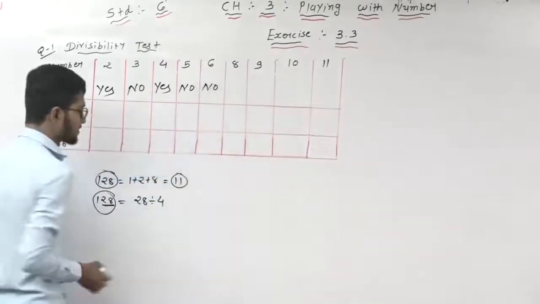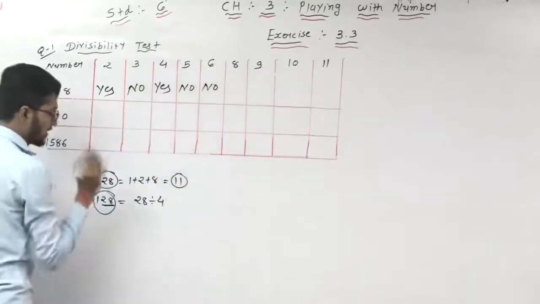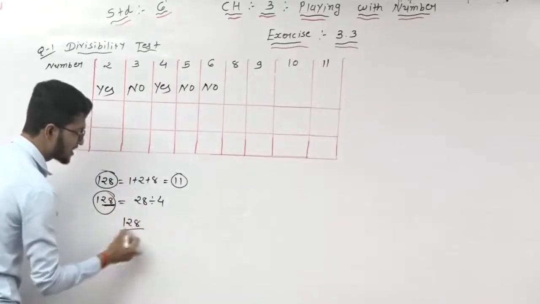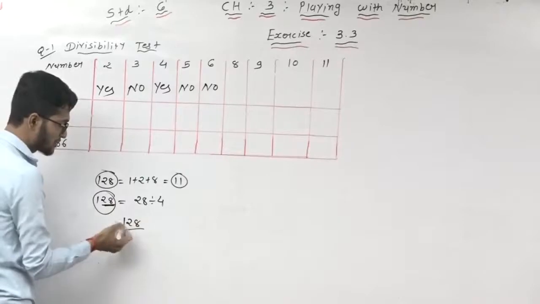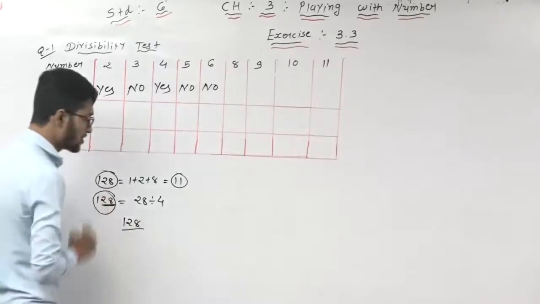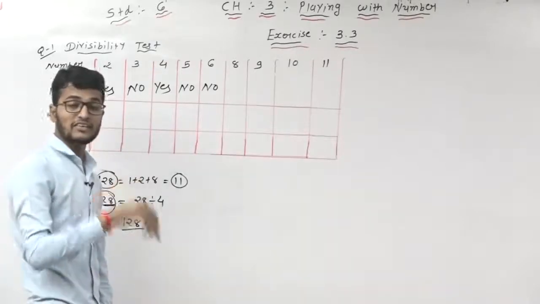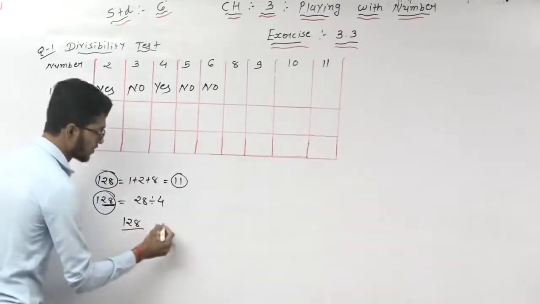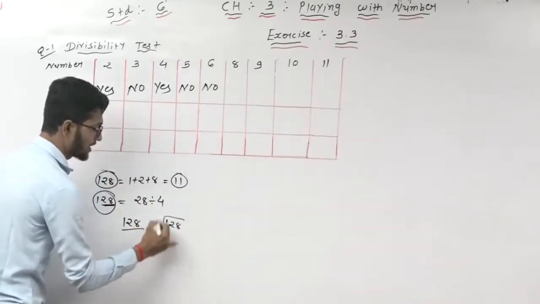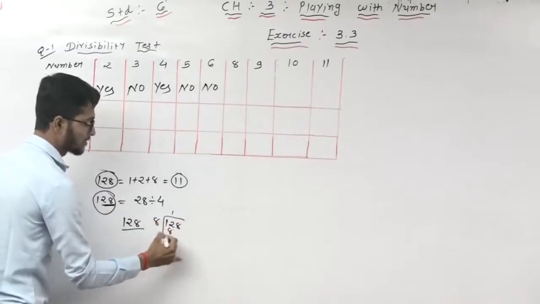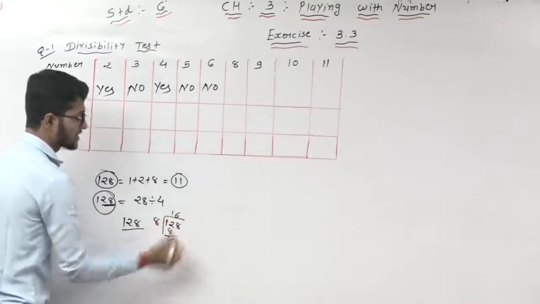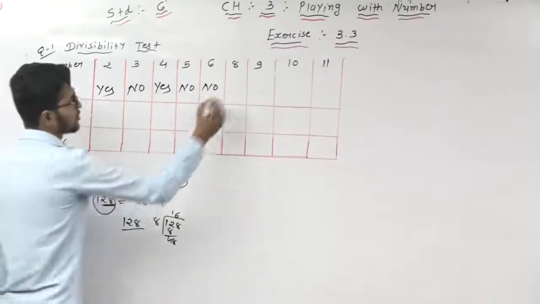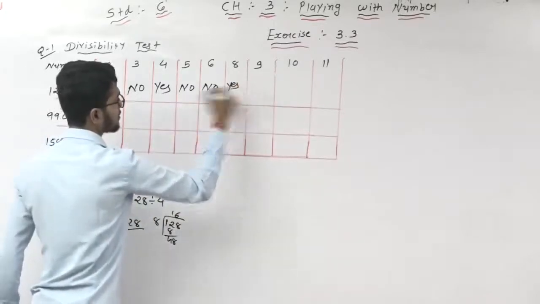Then after that, 8 is the same as for 4. In 4 check last 2 digits and in 8 check last 3 digits. This one is also a 3 digit number. It means 128. Now dear students, check it, is 128 divided by 8 or not? 128 divided by 8 करते 8 1 जा 8, 4 and 8, 8 6 जा 48. Right? So this one is yes.